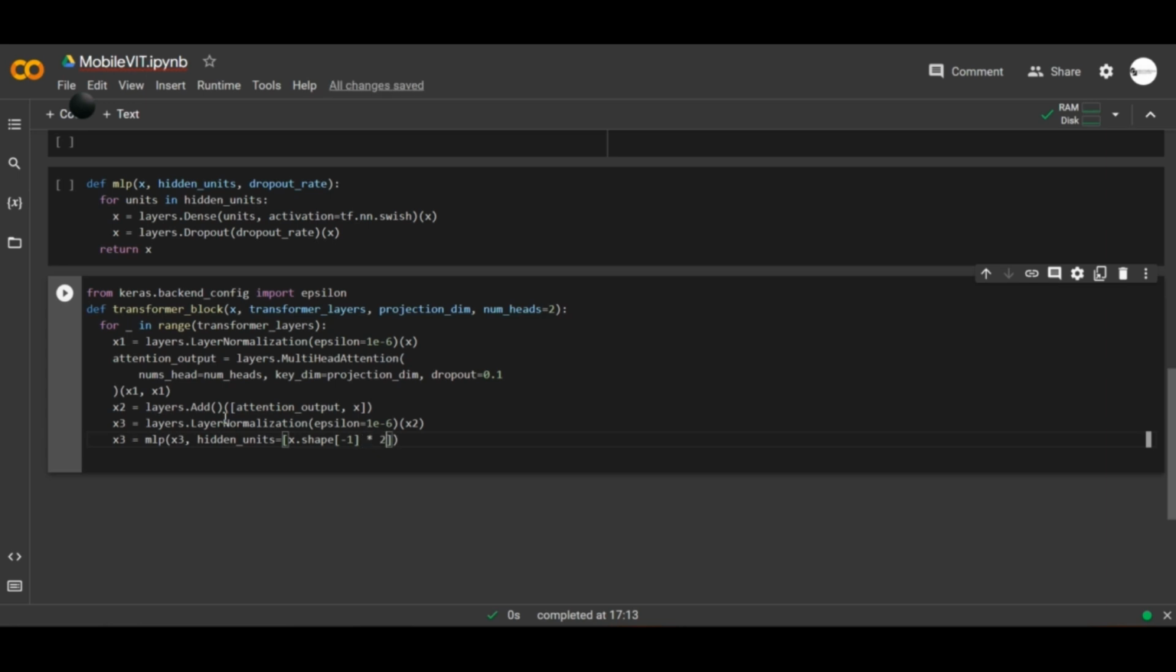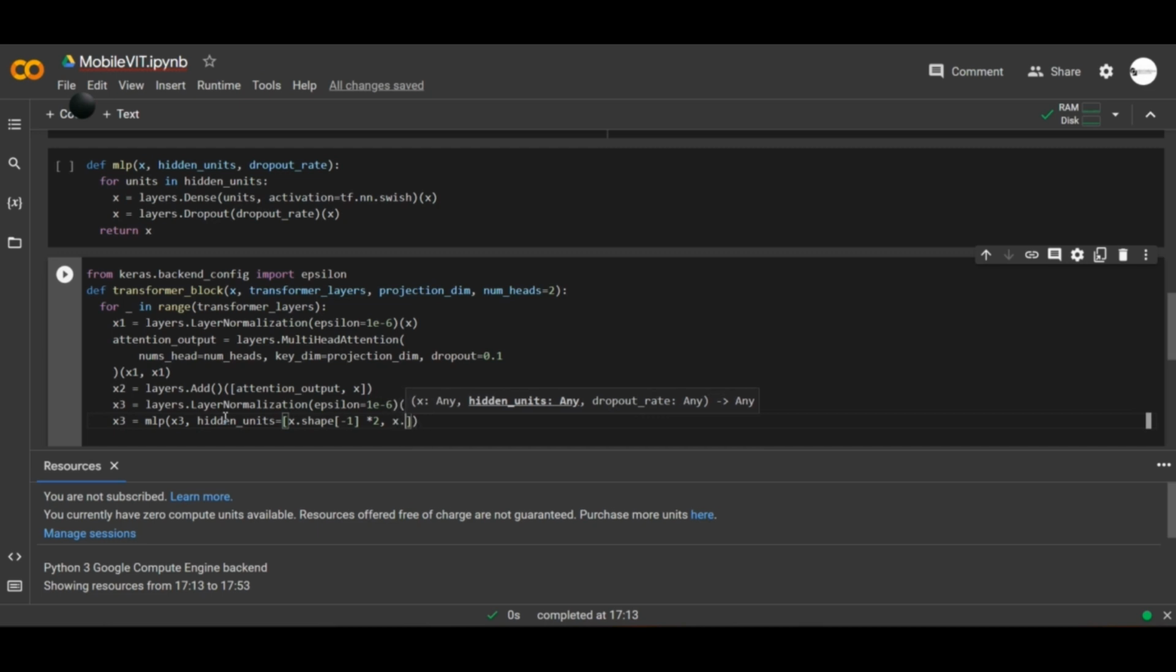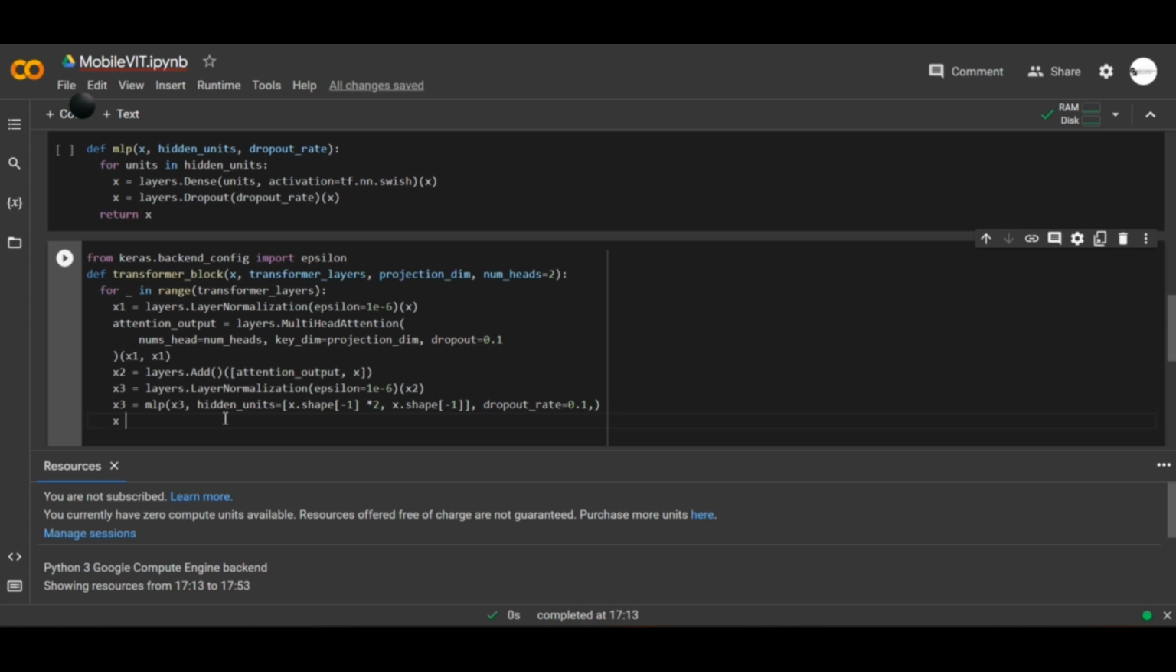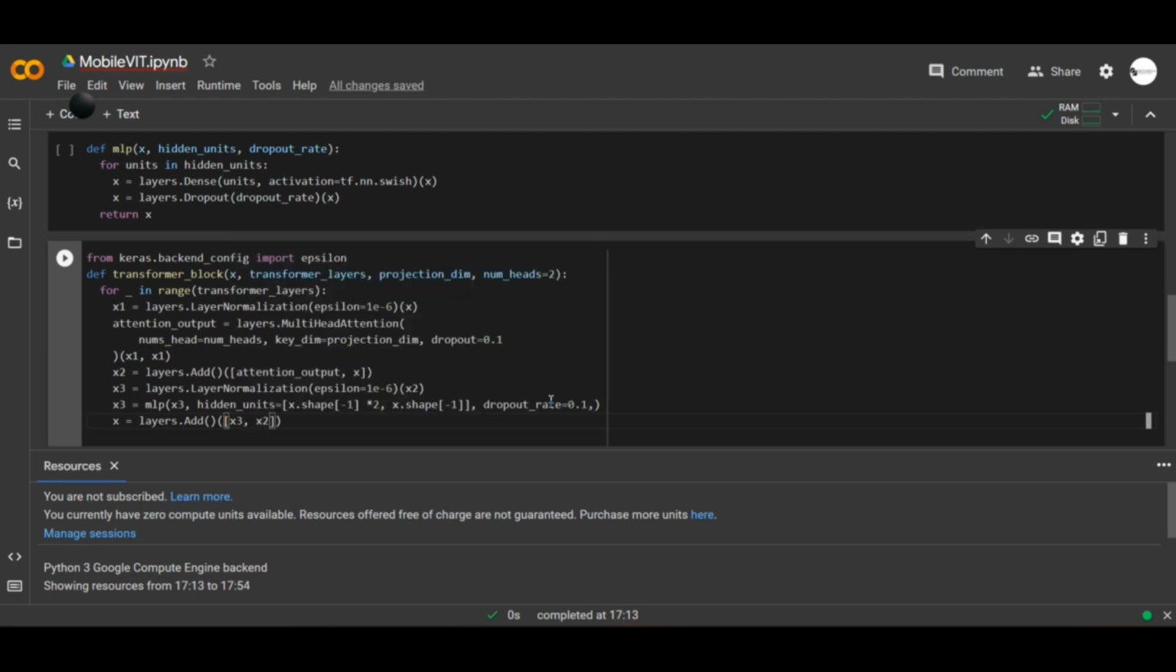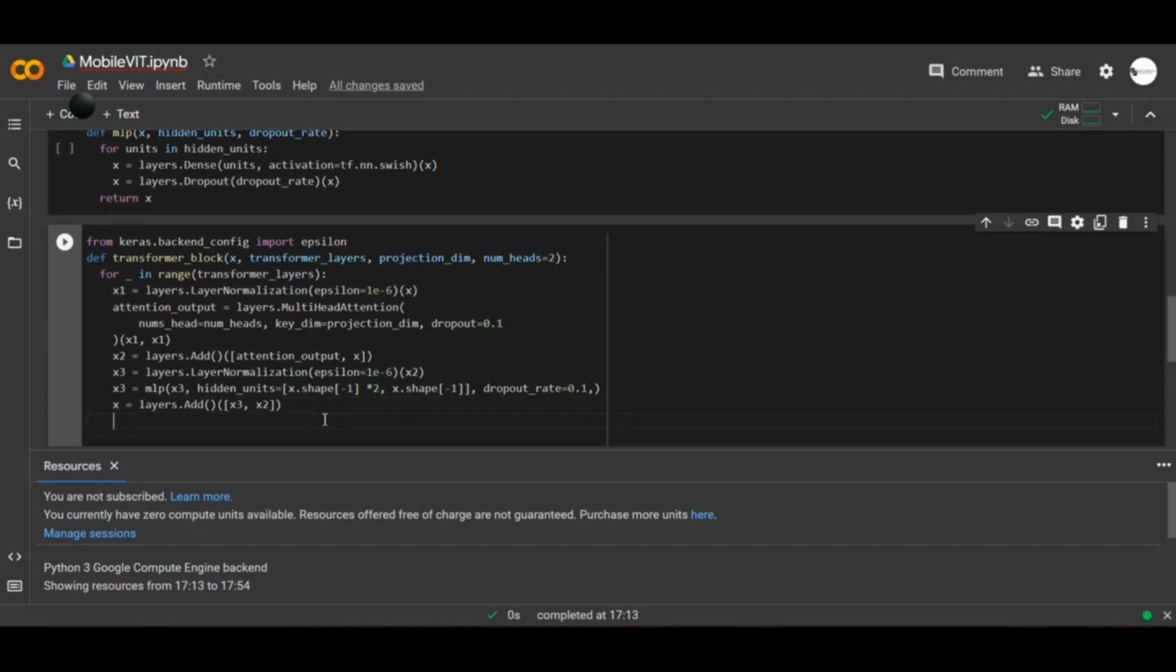Then we say we multiply this by 2. We take the last shape. Yeah, the last shape. We multiply this by 2. Then we say x dot shape, which is -1. Then we apply the regularization rate, which is dropout rate, which is going to be 0.1. Okay, then when we're done, we apply the skip connection. So it's going to be x equals to layers dot add. What are we adding? We're adding the x3 and x2. Okay, and when we're done, we return x